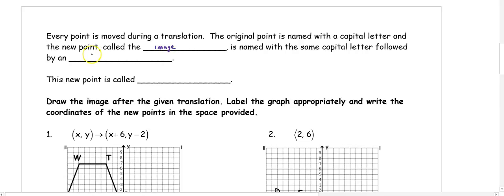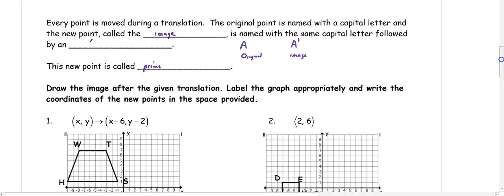Which is named with a capital letter with an apostrophe. So for example, our original would be A, which means that our image then would be A apostrophe. This is also called prime. So draw the image after the translation, label the graph appropriately, and then write the coordinates of the new points